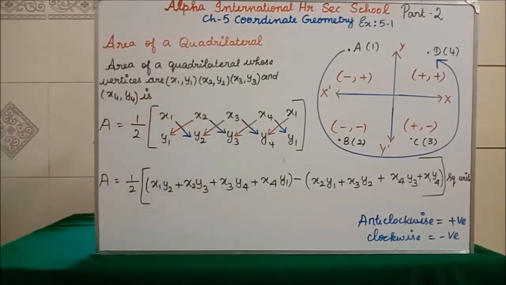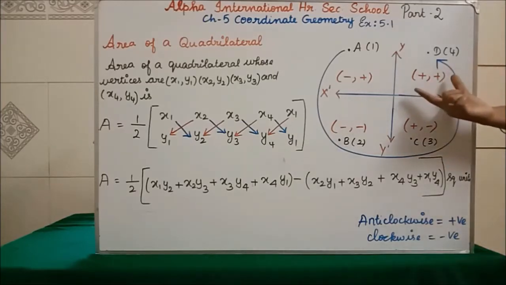Clear? Now we are going to do it in the opposite direction. Opposite direction means what? x2 y1, x3 y2, x4 y3 plus x1 y4. And you close the bracket. Square unit is very important. Clear? And in area of quadrilateral, the graph is also very important. Area of the quadrilateral will be asked for 5 marks. In 5 marks, 4 marks is for your solution and 1 mark is for your graph. So you are not going to draw with free hand. You are going to use the scale and pencil with neat presentation. The values can be approximate also, but you have to draw with neat presentation.